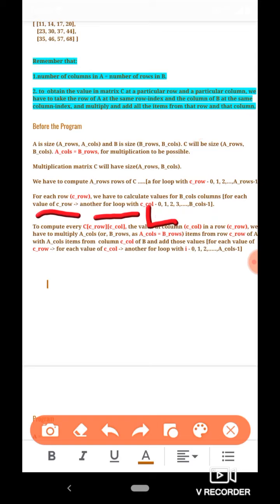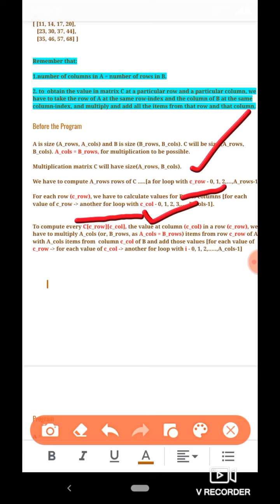Alright, now let us see how do we actually compute a particular item at index C row and C call. We said we are going to run a loop with the C row loop variable, which means which row number we are computing for matrix C, and for this loop we are going to run another for loop inside this for loop for computing every column.